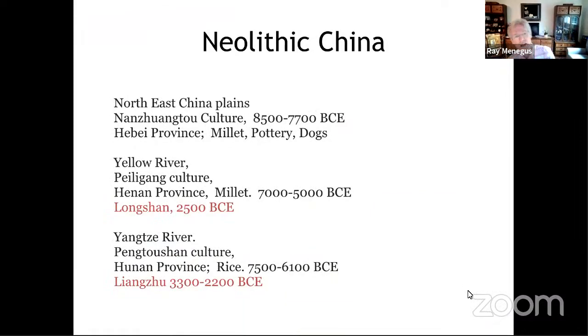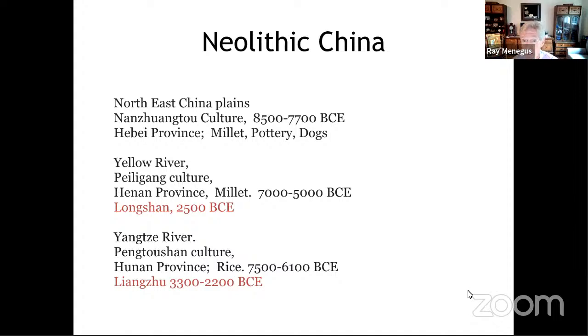So I've highlighted two important Neolithic cultures in China, the Longshan and the Liangzhu cultures. And if you think of China, this is the way I like to think of the early peoples of China. They came from the West, perhaps over the desert areas through Tibet and Mongolia, and they settled into three main areas. In the northeast, in modern Hebei province, you have a culture that developed